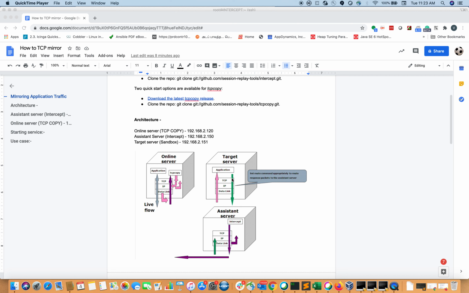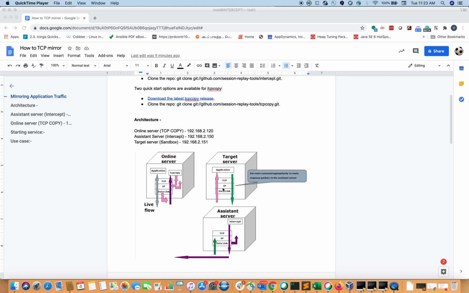That is the idea. And what is an assistant server? For example, if connections are made by a client, and the data is processed on the production server, and the processed data again gets back to the client, this is the workflow, right?